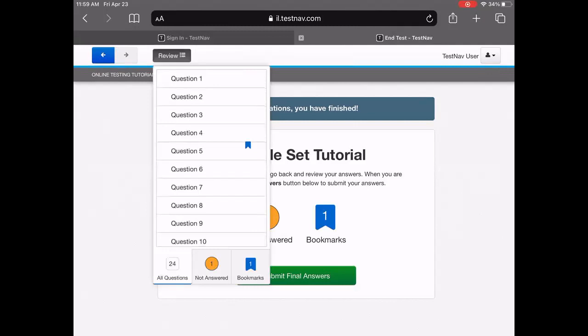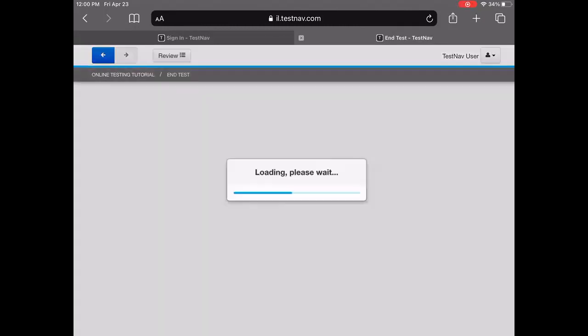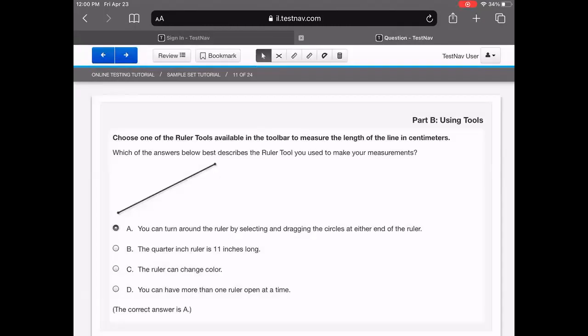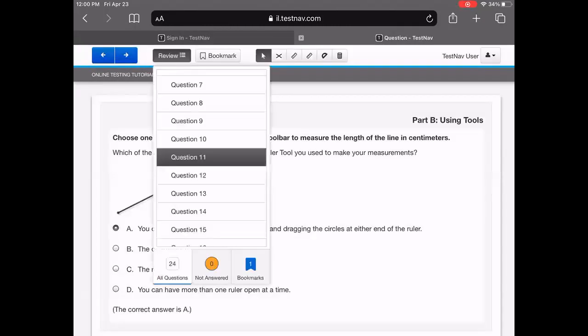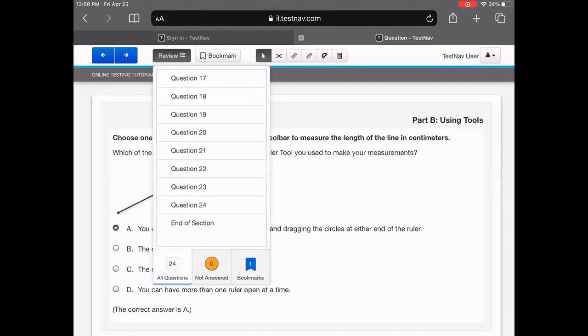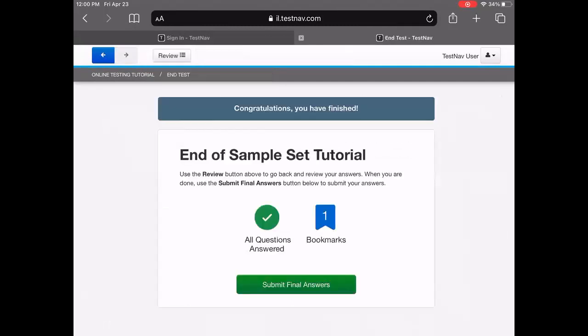I know you get done with the test and you're not going to feel like reviewing, but you need to have me in your ear saying, go back and review so that you can make sure you chose your best answers, okay? Now, I also want to make sure I go back to number 11. Oh, it's telling me at the bottom that answer is A, so I'm going to choose that. All right, now I want to show you what it looks like when we go to end of section. So now I have that check mark because all of my